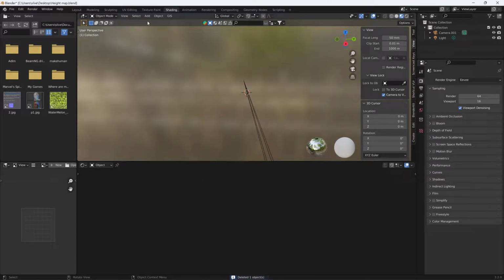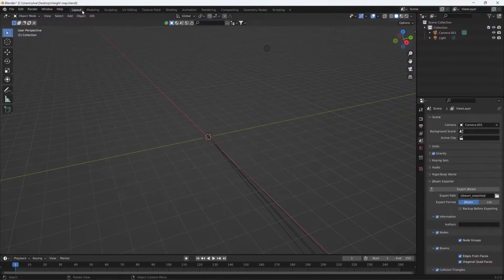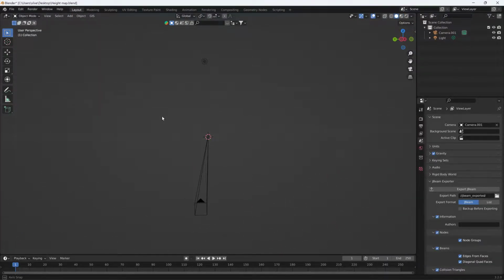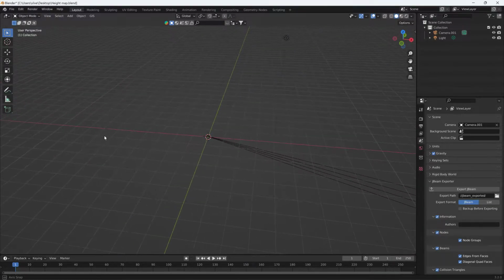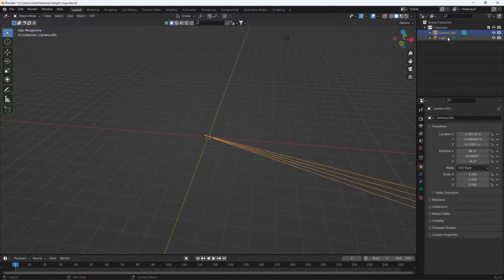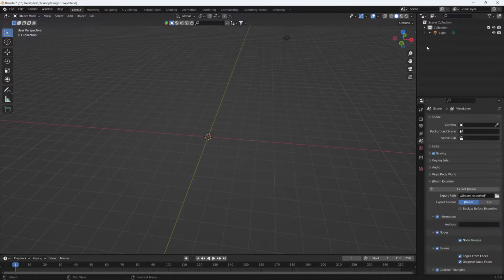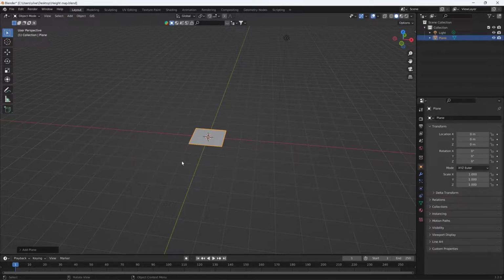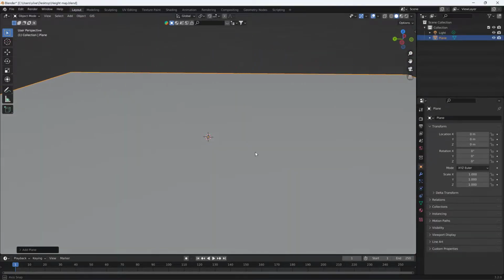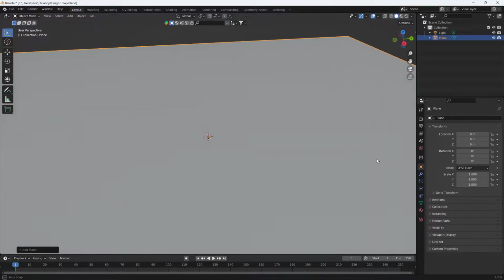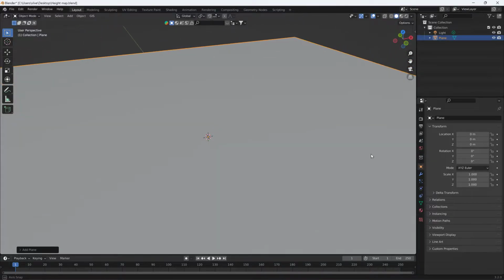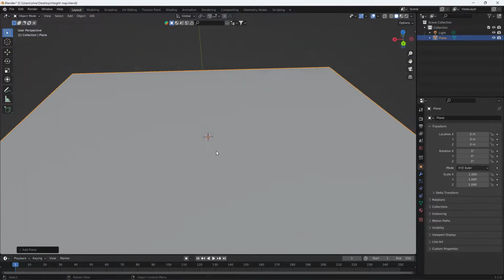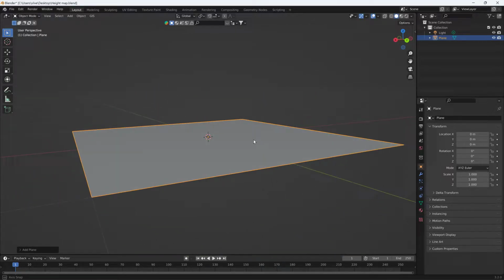So let's go to the typical view here, the layout, and let's get rid of the camera and let's make a mesh plane. Now this is the map, your level for BeamNG, your terrain. Right now it's flat. So to make this something different,